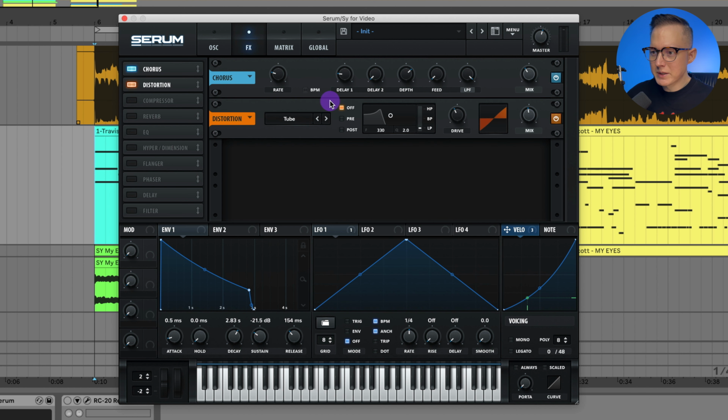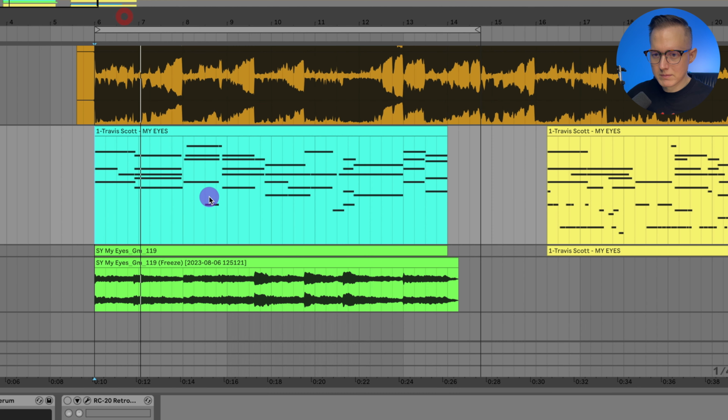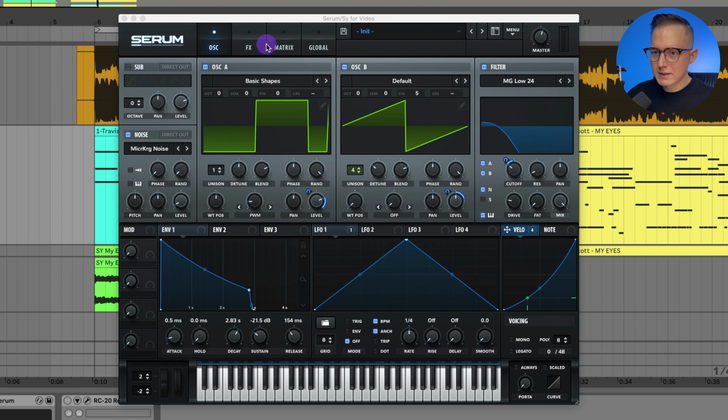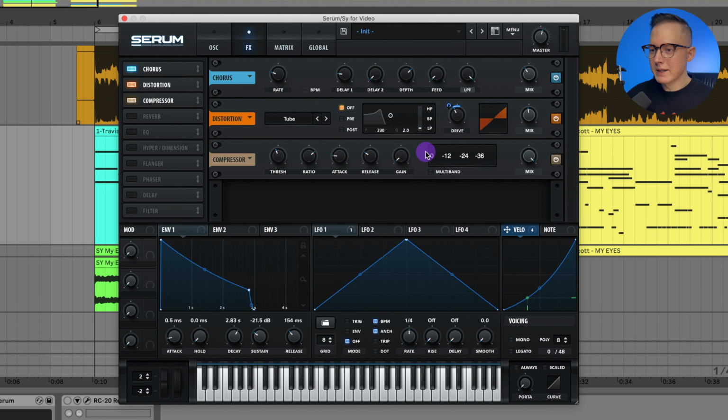Then I'll add on the tube distortion, drive at 40% and the mix at 47%. And I also want there to be some more drive as I hit the notes harder. So what I'll do is go to this velocity, assign the velocity to this drive, let's say like, I don't know, 15%, and get a bit more drive on those notes. Like that. Gonna add on a compressor, and I want those notes, they are a bit louder, but I want